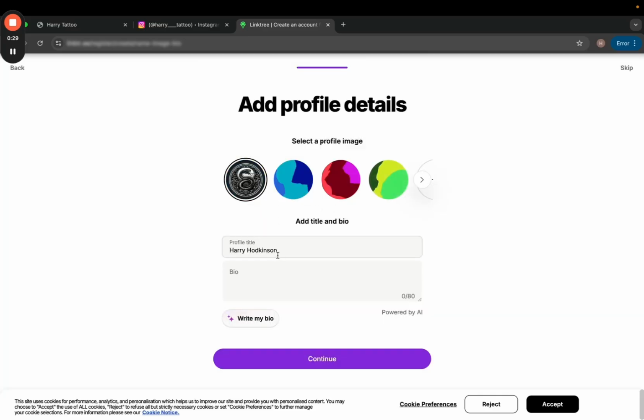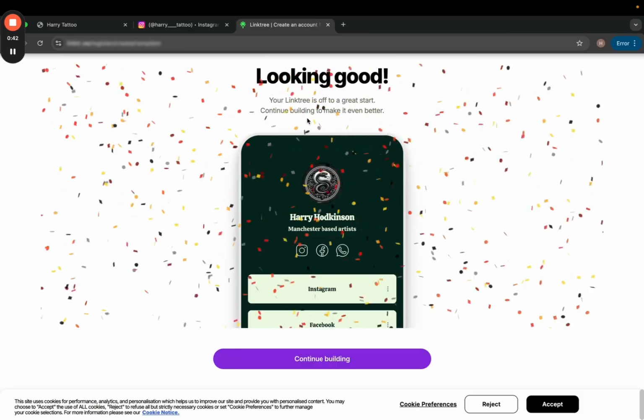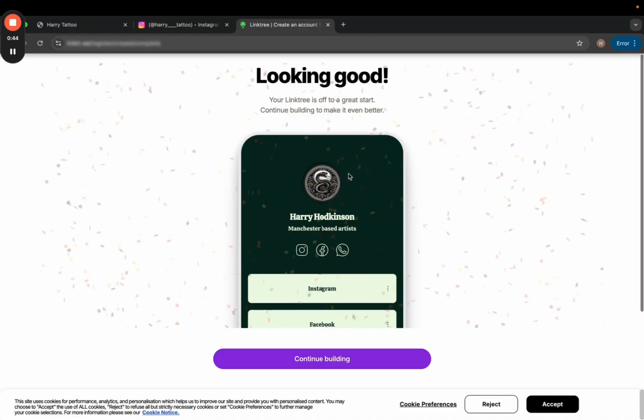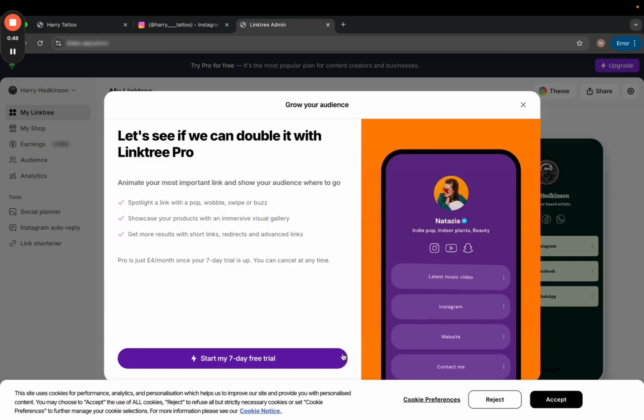And then Harry Tattoo, write a little bio about yourself, so you could do where you're based. So I would do Manchester based artist, and then you can add a little bit more, but I'm just going to leave this how it is, and then I'm going to click continue, and there we go. So I think we're good to go here. So how do I get this link now? So continue,